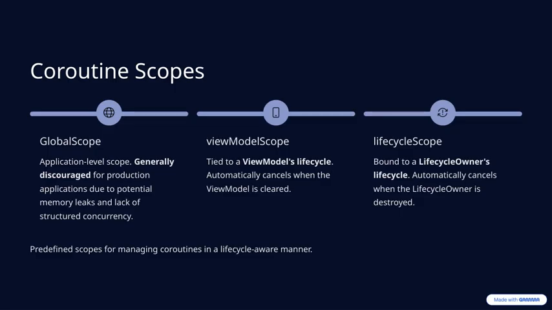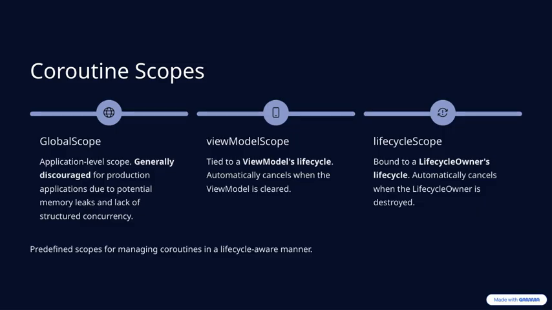Let's take a closer look at coroutine scopes. First up is global scope, which operates at the application level. While it's available for use, it's generally discouraged in production apps because it can lead to memory leaks and lacks structured concurrency. Next, we have ViewModel scope. This scope is tied directly to a ViewModel's lifecycle. That means it automatically gets canceled when the ViewModel is cleared, helping us avoid resource leaks and managing coroutines more